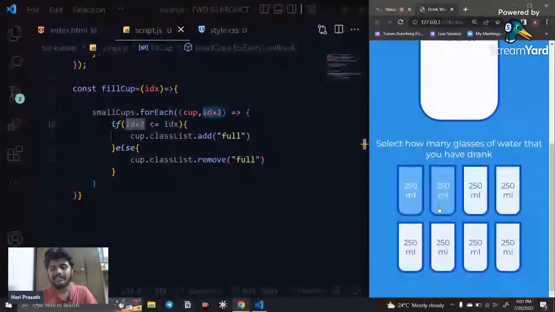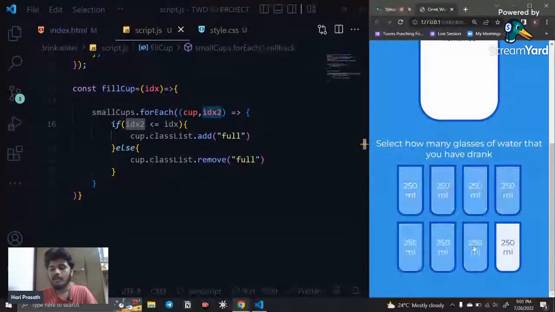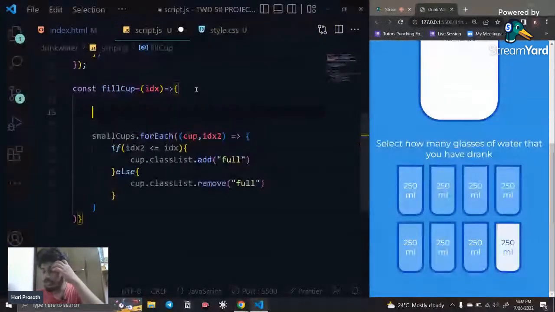And now you can see I am not able to toggle it. If I click this, this is happening, but I'm not able to toggle it. So how can I toggle this? For toggling this, we need to add something before it. How can I do that? You need to subtract from the index of it. Means you need to go through some if conditions, for example,